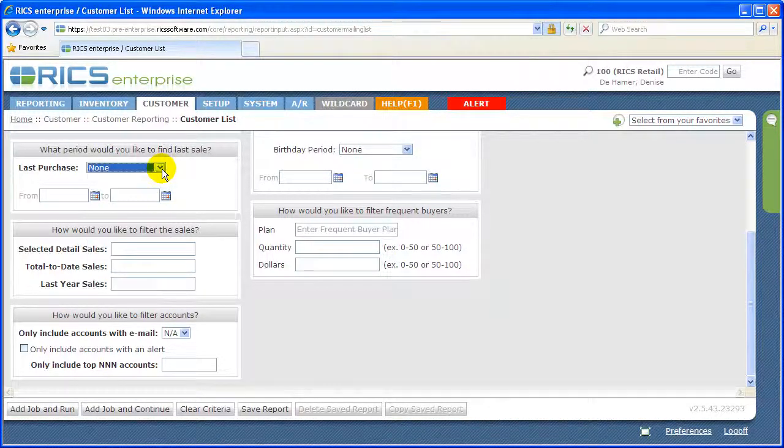That way, if I'm trying to get people back into my store that haven't been in a while, then I can do that, whether I send them a postcard or an email or give them a call. This next section, how would you like to filter the sales? So if I want to know a customer that has made a purchase, total to date, year to date. Year to date is this first one, then we have total to date purchases, and then we have last year